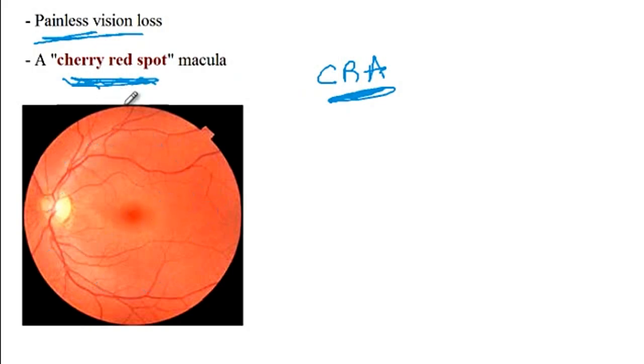Now, one other important question that I would like to ask you is that in addition to central retinal artery occlusion, can you name 2 other conditions that are associated with the development of cherry red spot macula? And so if you need a clue, these 2 are lysosomal storage disorders. So can you tell me which 2 lysosomal storage disorders present with cherry red spot? And your answer is